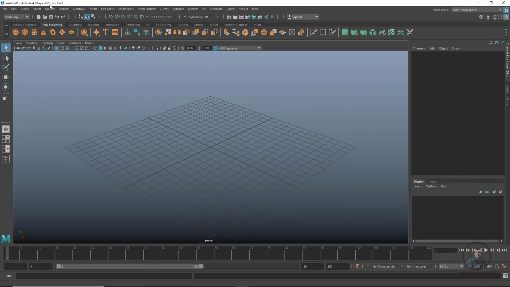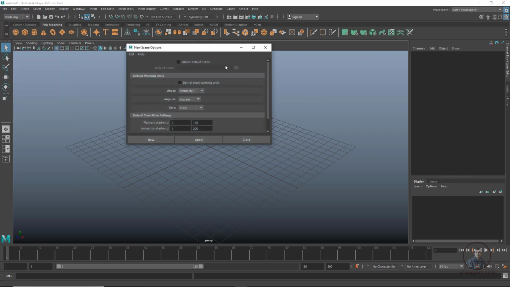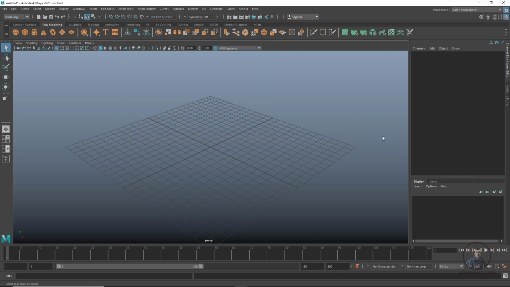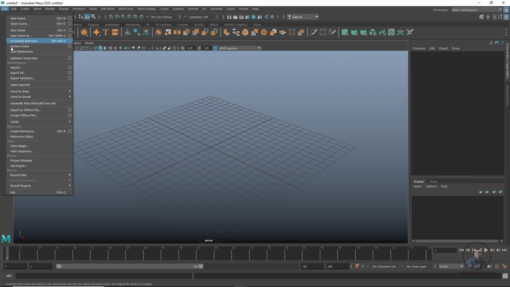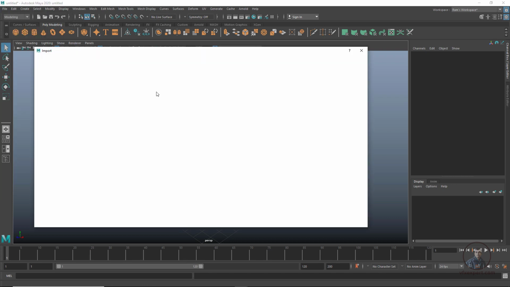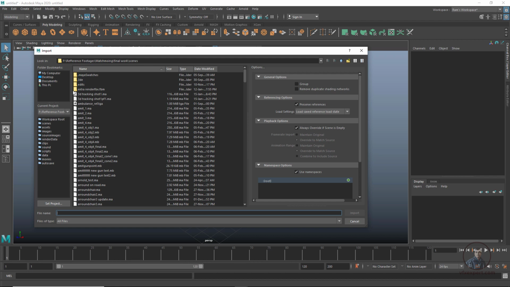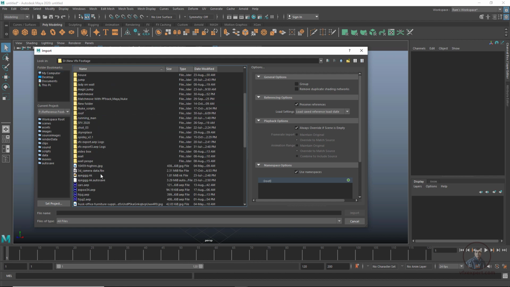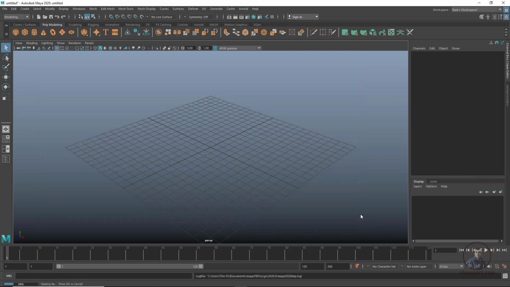Here I am using Maya 2020. Before importing, if you want, you can check your scene frame rate. If you are facing any problem, like your locator is sliding, then you can check 24 fps, because in 2020 you can also see 24 fps in the downside. Now I am going to import our camera data which you have created from Nuke. Click on file, then click on import, then select your folder where you have saved your data. So I have created this one, select it and simply click on import.